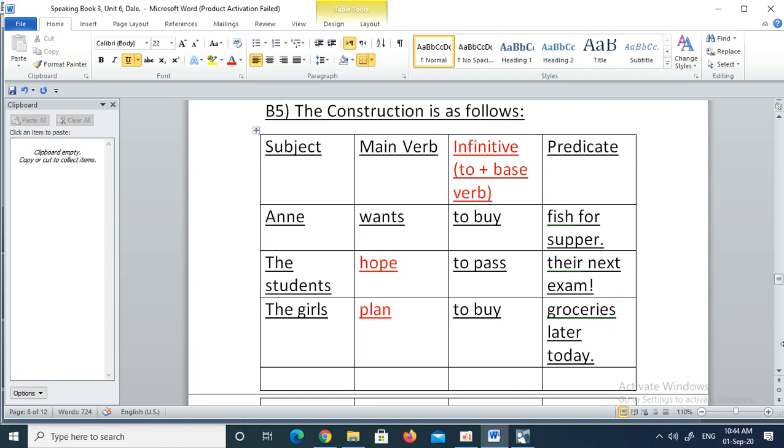It's a very simple construction, as I say. It is just 4 blocks: the subject, the main verb, the infinitive, and then the predicate. All right,